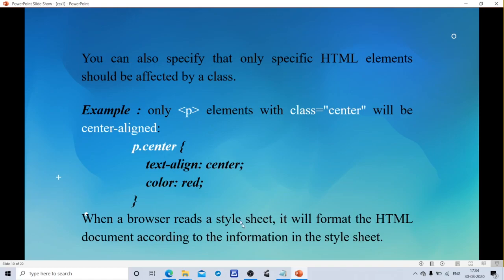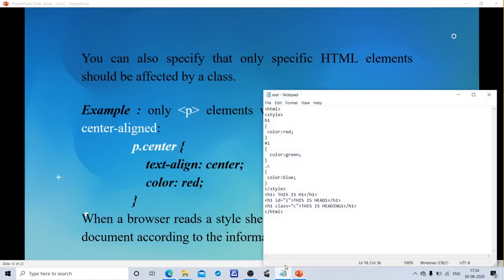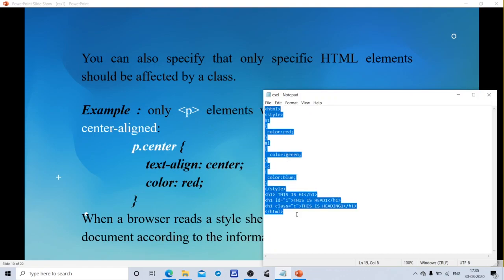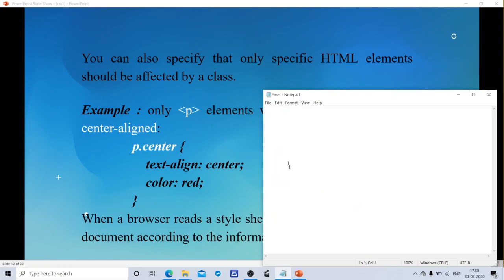Let's see how these element selectors execute. Let's start the program for these selectors. HTML and the tag that is used here is style. How do we write the CSS syntax rule?